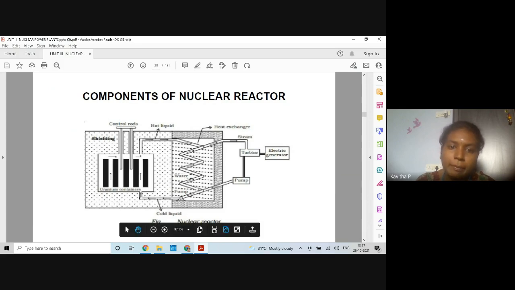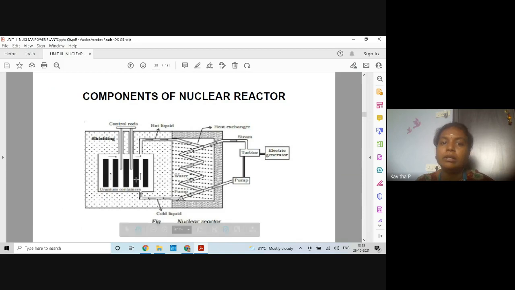What is happening in a nuclear power plant is initially cold water is taken and pumped in order to increase the pressure of water, and it runs inside the reactor. During the fission process, neutrons hit a heavy nucleus of uranium, which splits into two light nuclei producing 3 neutrons and an enormous amount of heat energy. That heat energy is utilized to convert water into steam.